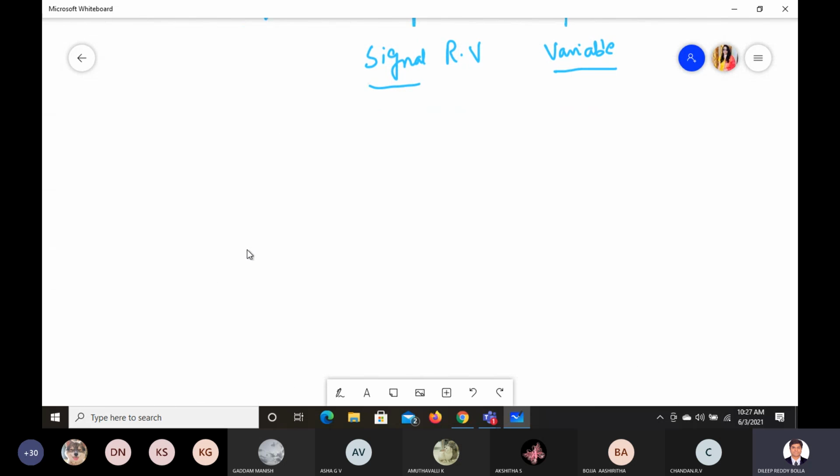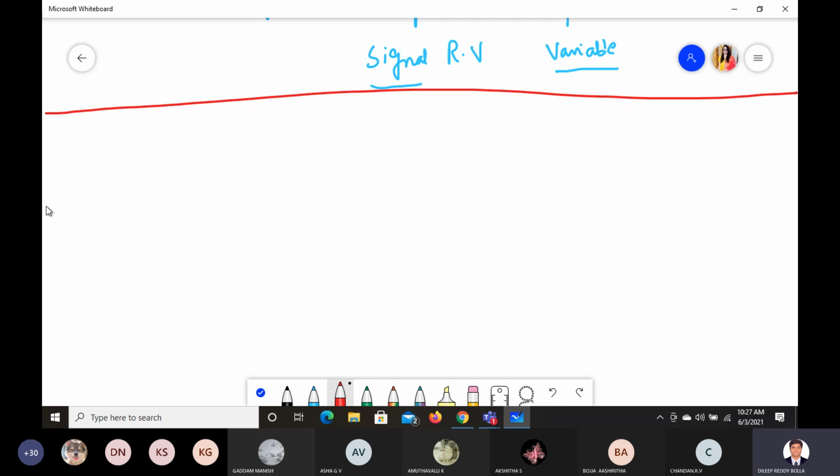Okay, next. Tomorrow's class I am going to check for sure whether you have solved it or not, the numerical question. So next, what we are trying to see today, the next topic from here on, is the sum of IID random variables. Till now we have seen only the sum of two independent random variables.